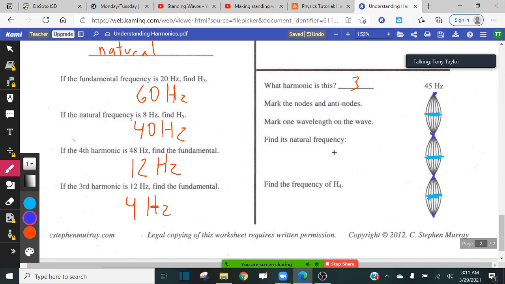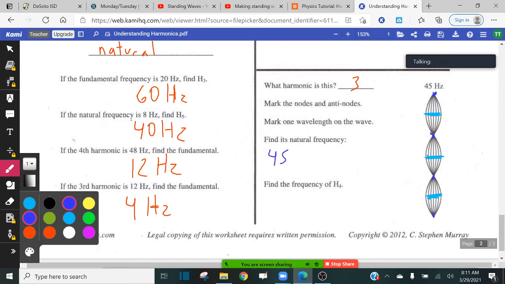Find the object's natural frequency. Guys, remember what natural frequency is? Natural frequency just represents the first harmonic. Notice here, if our frequency is 45 hertz at the third harmonic, then how will we find the frequency at the first harmonic? Well, we would just do